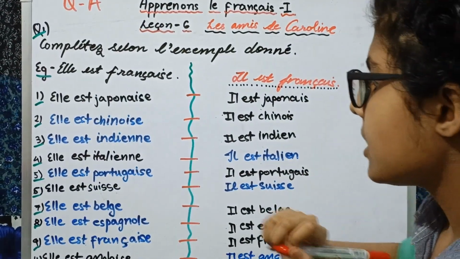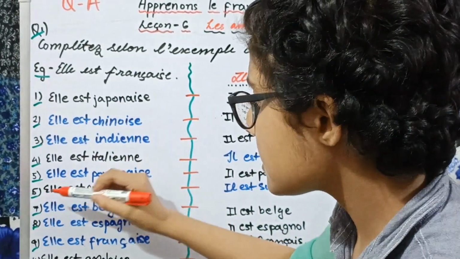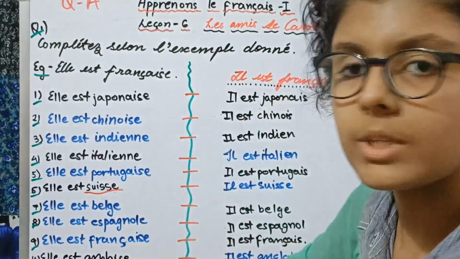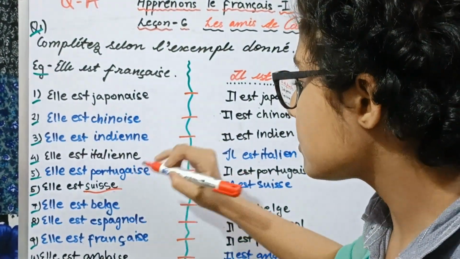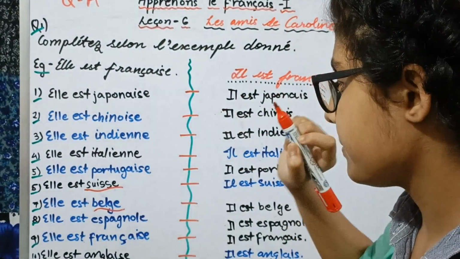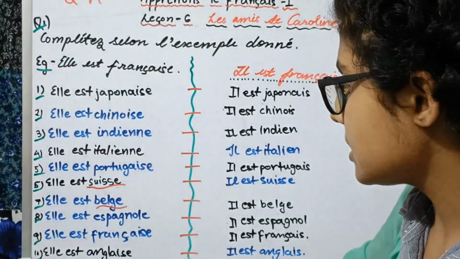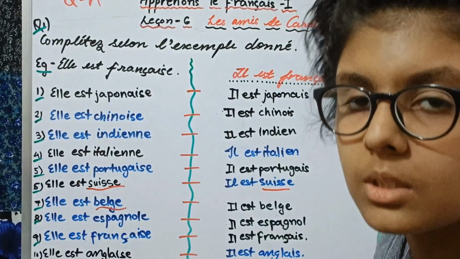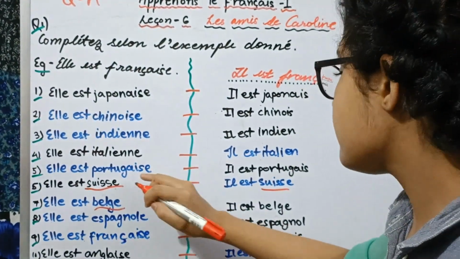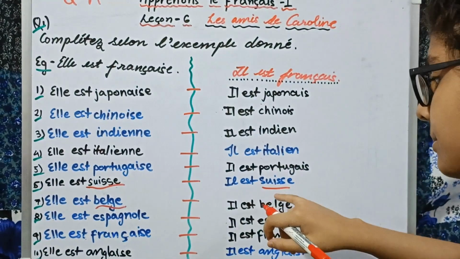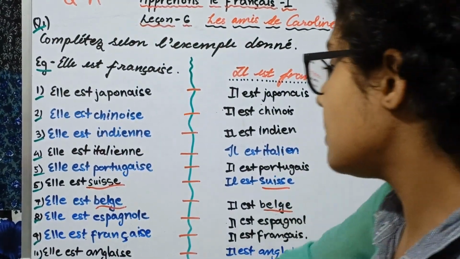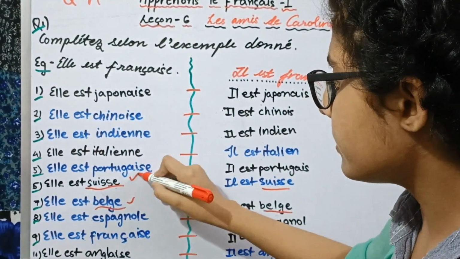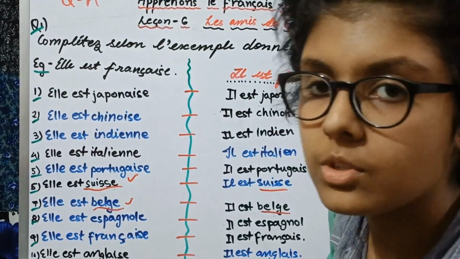He is Portuguese. Then we have the next two, the sixth and the seventh part, but these are not written in your books. The table of the nationalities does not give them. The country of Switzerland and the country of Belgium, so the nationalities for them are not given to us. The advantage we have, and why they have given this to us in the question, is that the nationality remains the same both in the feminine and in the masculine, so that would be much easier for us to learn, and we'll see nationalities for these two countries and many others in Apprenons le Français part 1.